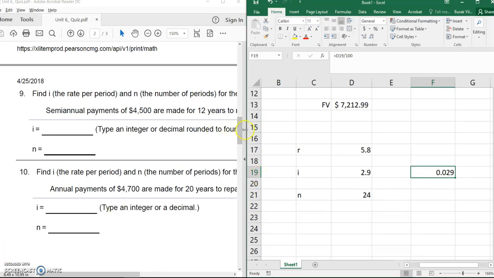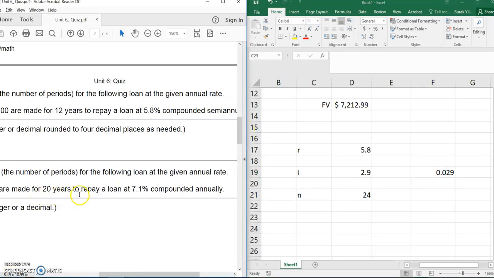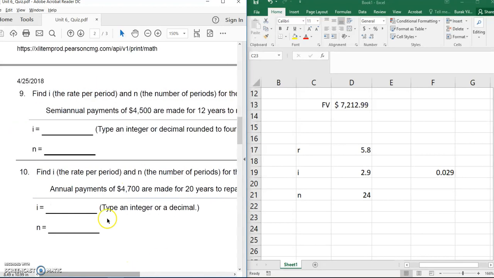And number 10 says 20 years compounded annually at this annual rate. So then N would be just 20 times 1, and I would be just 7.1. And again, as a